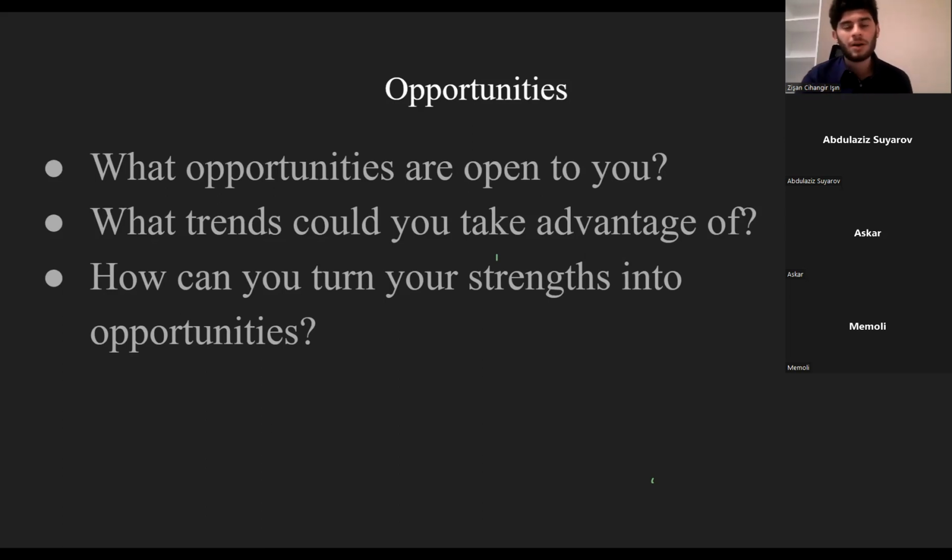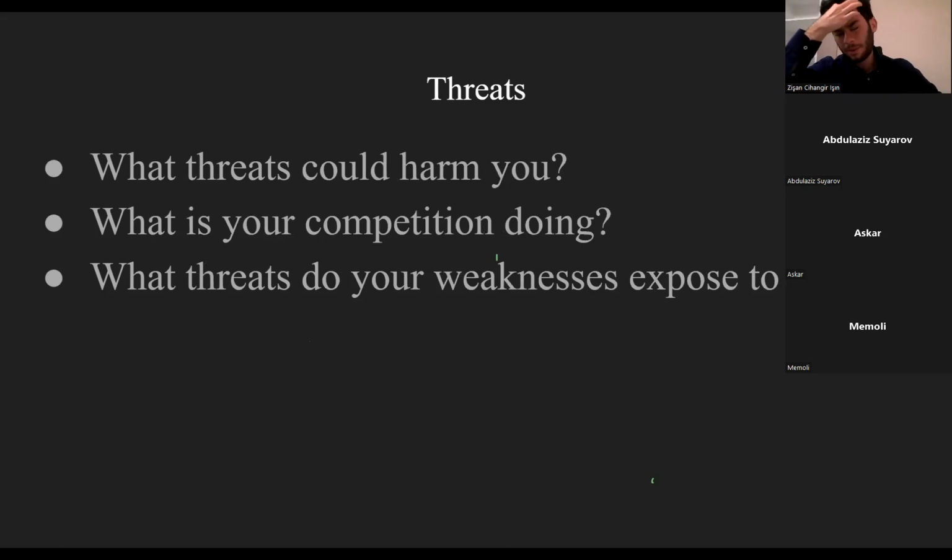The opportunities part is, in my opinion, the most important part of the SWOT analysis, and while writing it down, it will open up new doors in your mind to possibly take your business forward. And yes, the last part of the SWOT analysis is the threats.